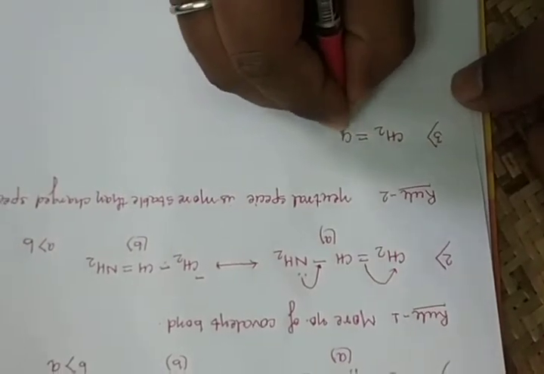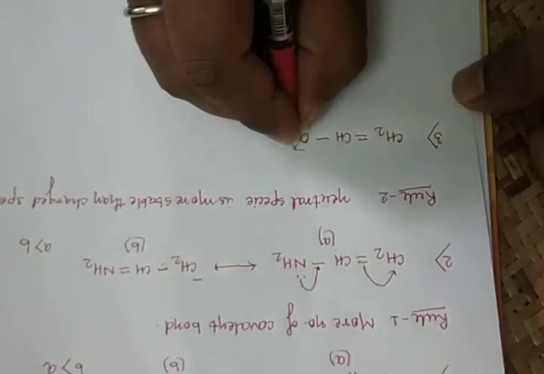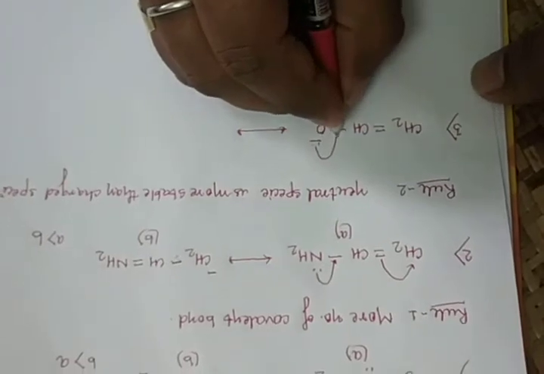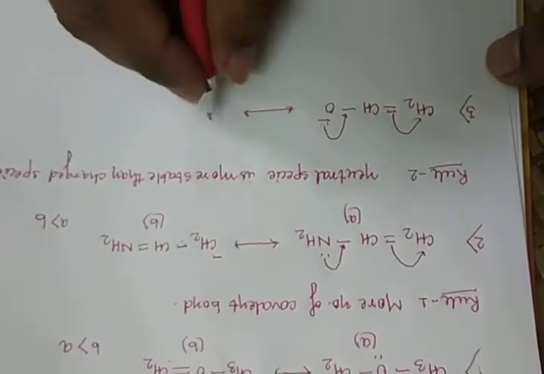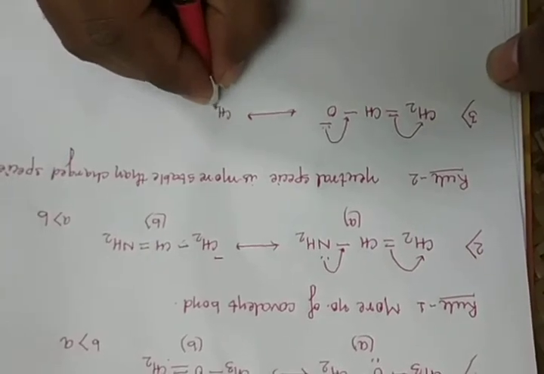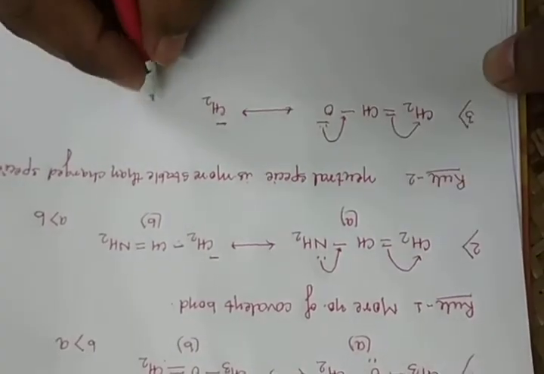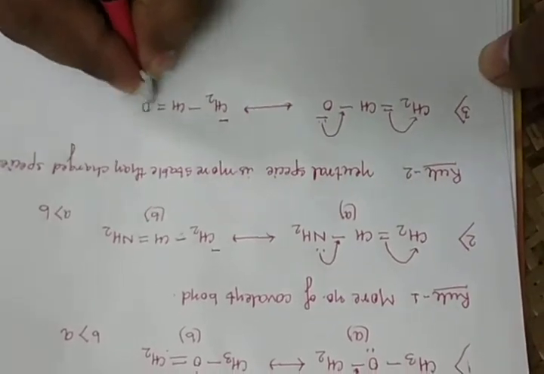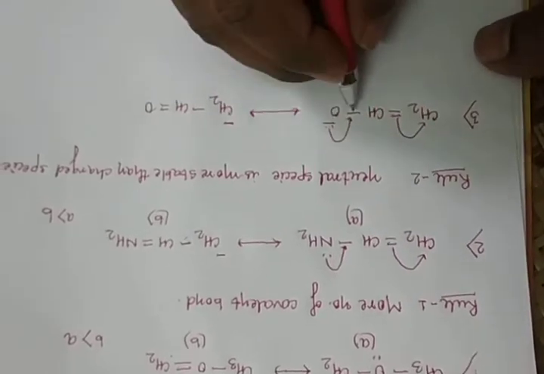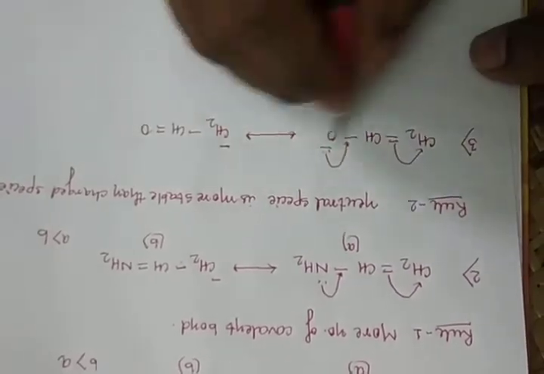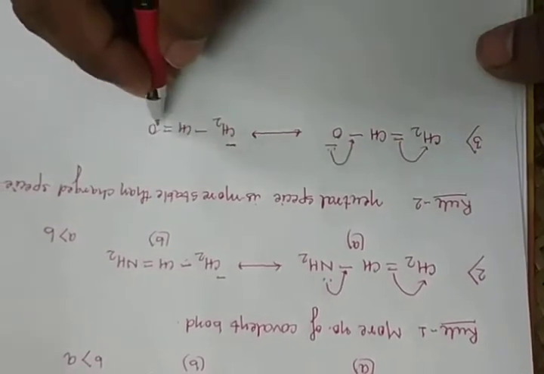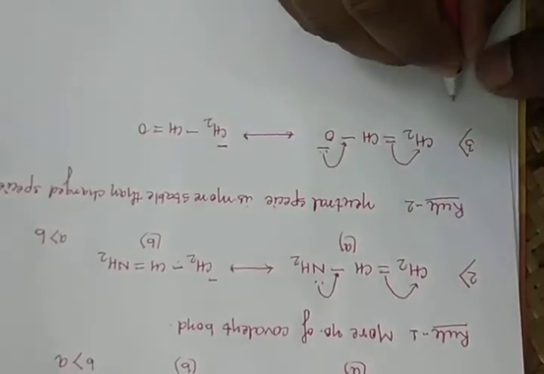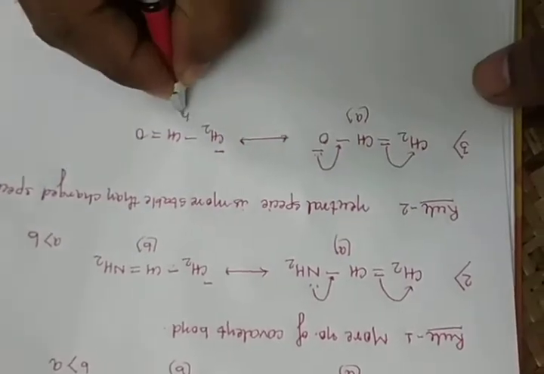Okay, now question number 3 again: CH2 double bond CH single bond O, and O contains negative charge. So again O donates one electron and this pi electron donates one electron. Now CH2 accepts one electron, it means negative charge. Now there is a single bond and oxygen donates one electron, forming a double bond. First you check covalent bonds. There are 3 covalent bonds in each. Now in this case the same charge is there. So how do we check which compound, A or B, is more stable?